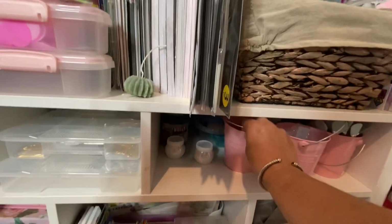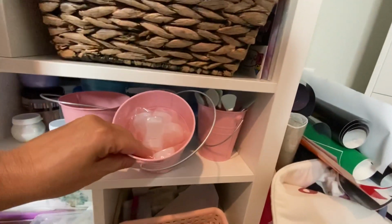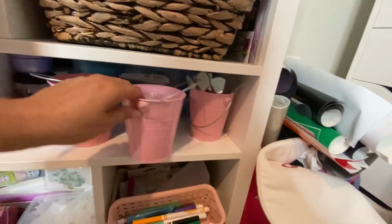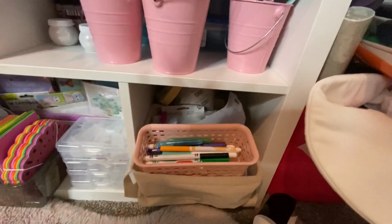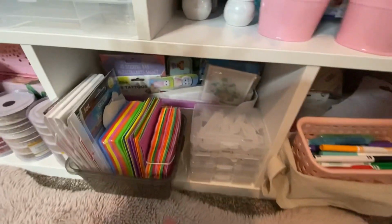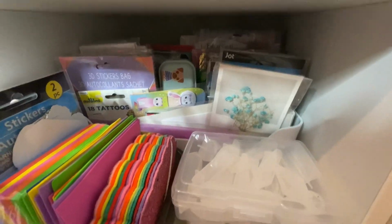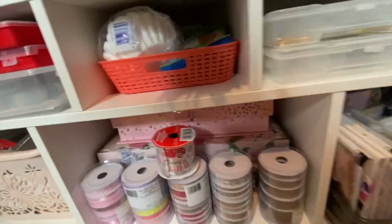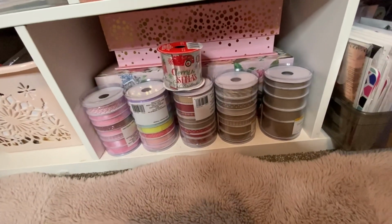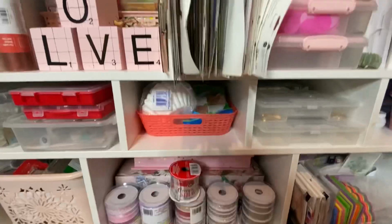And then that, let's see, that bucket's empty. That's just some molds. Some brushes that I haven't used yet. That on the bottom's all tape down here. So these are a bunch of little molds and some die cuts. And then just some different little things in there that I use. That stuff. So this is all ribbon, and those containers have ribbon in it. That one's coffee filters, stuff like that. And then,